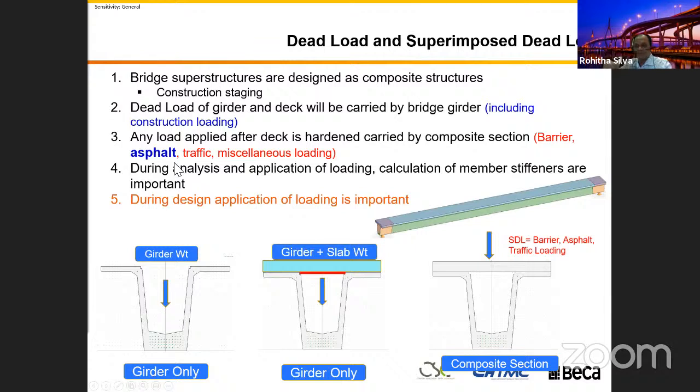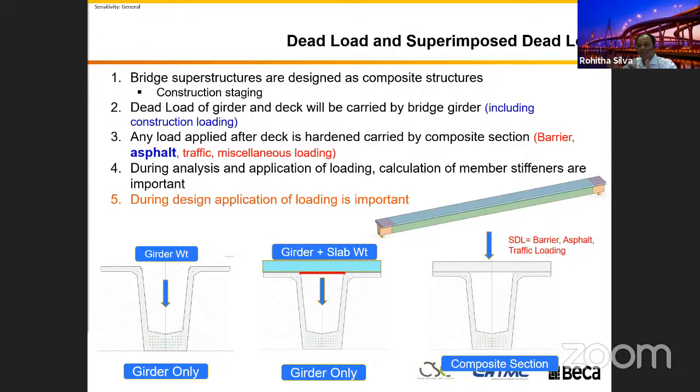A lot of the design codes address this through load factors: because uncertainty is higher, we increase the load factor. And then during the analysis and application of the loading, we need to consider the stiffness of the member. For example, during the construction of the deck, the girder will carry the load, so you have to use the girder stiffness to calculate the deflection. But when the concrete is hard and you apply the load after that, you need to use, in your bridge modeling,